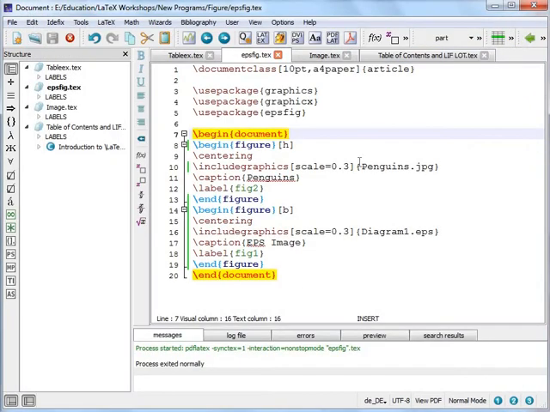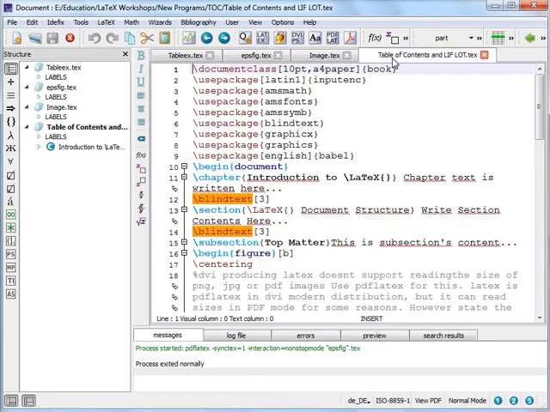In this way you can add images to a document in LaTeX. Then we'll look at table of contents. So here a simple document is created, and again I am starting with the /document class command, and now we are considering the class as book. We have used certain packages that we have already seen. Blind text, which was used to add blind text in the documents, graphics for images, and the Babel package, which is used along with the blind text package for creating random text in the document, right?